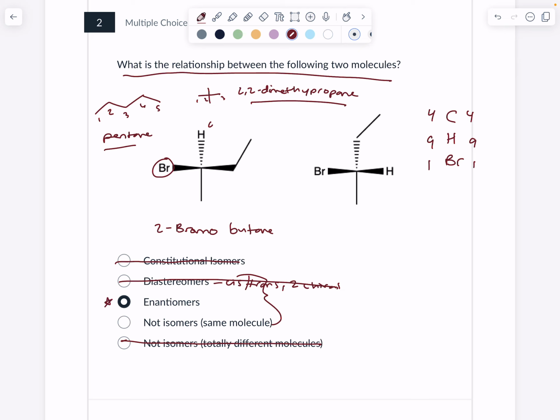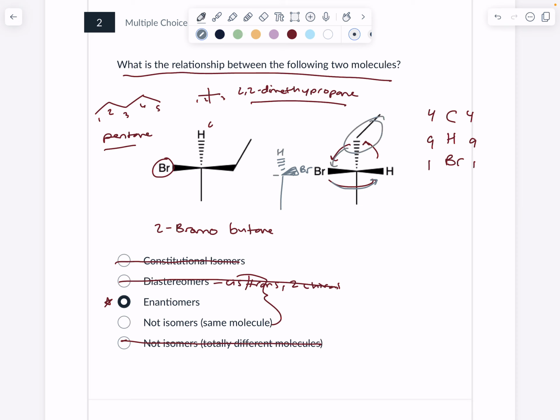But just to make sure, I'm going to rotate these 3. I'm going to leave the bottom one the same because it's CH3 on both of these. And I'm going to redraw this molecule. I'll do it in a different color so you can kind of see. I didn't rotate the hydrogen or the methyl group on bottom, but I'm going to make this bromine come over here. So I moved the bromine from the left to the right. I'm going to move the hydrogen from the right to point up, and then I'm going to move this ethyl